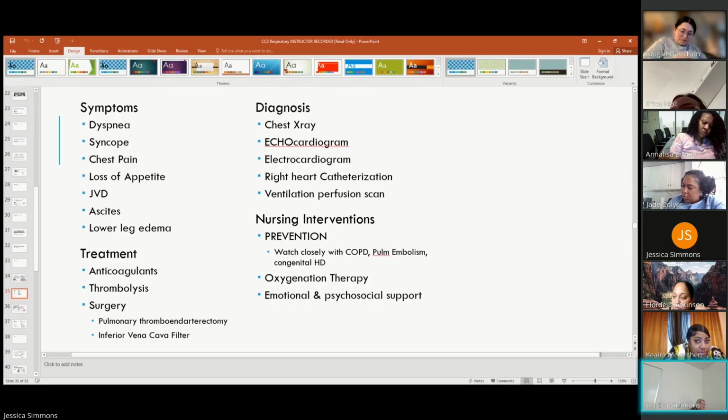Treatments include anticoagulants, thrombolysis, surgery, which are the pulmonary thromboendarterectomy, which means they literally go in to the artery to remove clots, and an inferior vena cava filter. Diagnosis is chest x-ray, echocardiogram, electrocardiogram, a right heart cath,